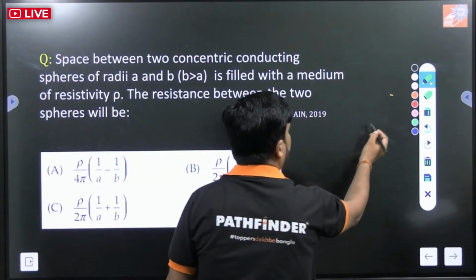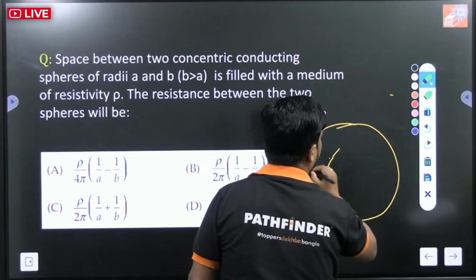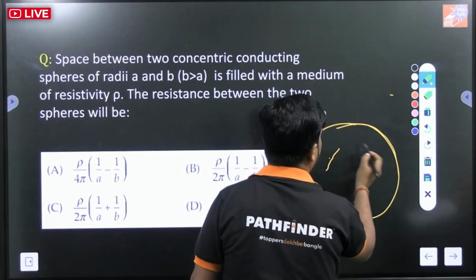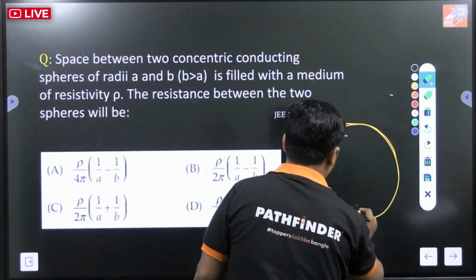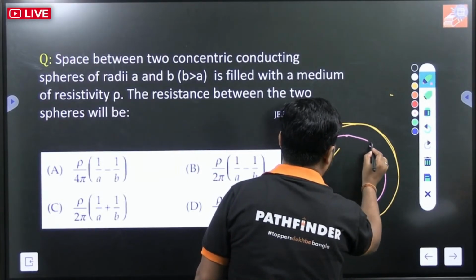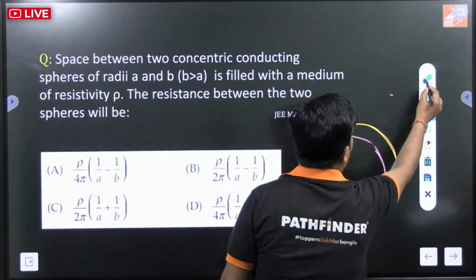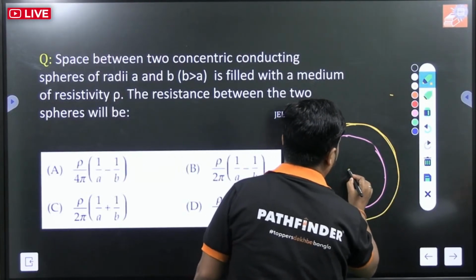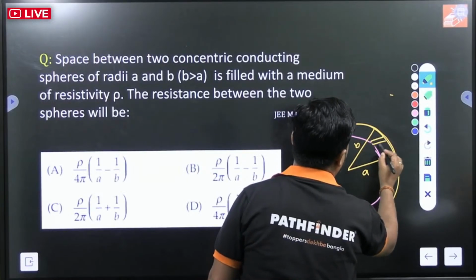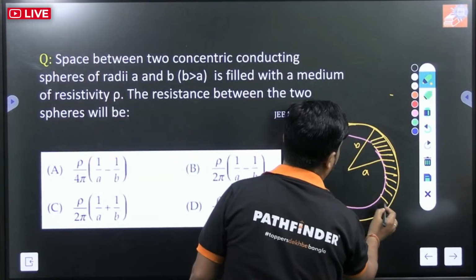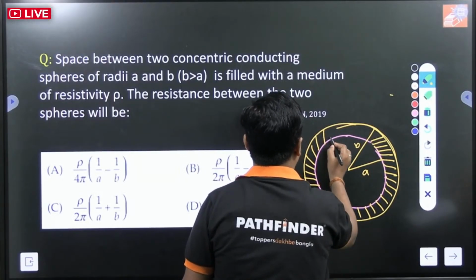तो यहाँ पर सबसे पहले एक कॉन्सेंट्रिक स्फेरिकल सेल की बात हो रही है, तो हम एक कॉन्सेंट्रिक स्फेरिकल सेल बना लेते हैं। एक शेल यहाँ पे है, इसके अंदर में एक शेल है, दो कॉन्सेंट्रिक सेल हैं। जिसका रेडियस a है और इसका रेडियस b है, where b is greater than a, इन दोनों के बीच में कुछ डाइलेक्ट्रिक, सॉरी, कुछ मीडियम फील्ड है जिसकी रेजिस्टिविटी रो है।